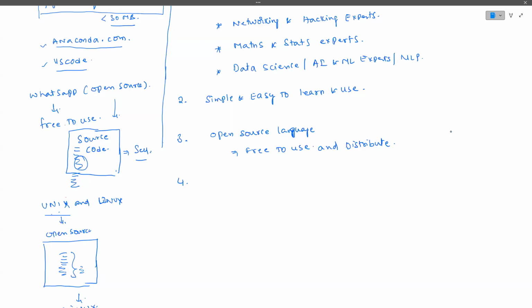But in Python, this particular complexity is not there. That's why this feature is what we call a dynamically typed language, guys. Meaning Python chooses the data type according to the value you give. So what Python is saying is, you give me the value, and according to that, I will declare the variable as an integer or a float or a string, whatever I require.